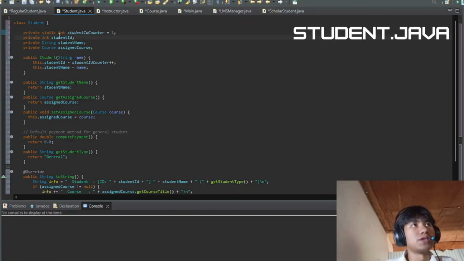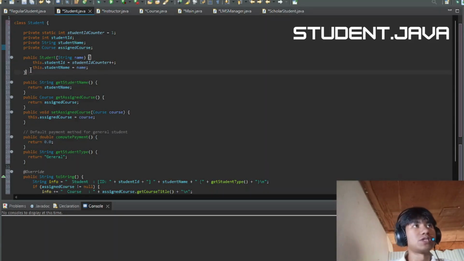Next fields we have studentID, which holds the ID of each student, a string which holds the name of each student, and the assigned course. This is an example of composition, where a student has a course object linked to them.